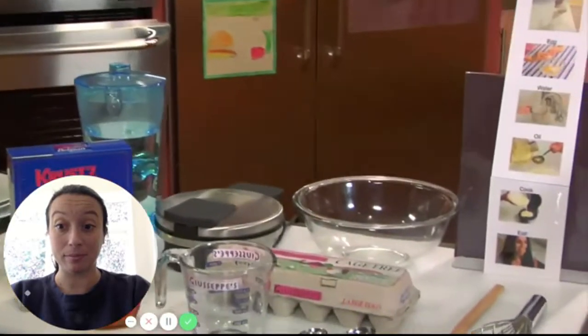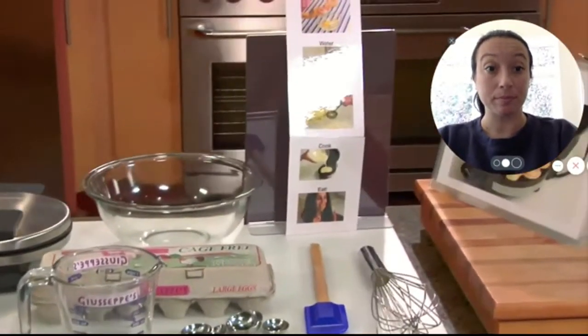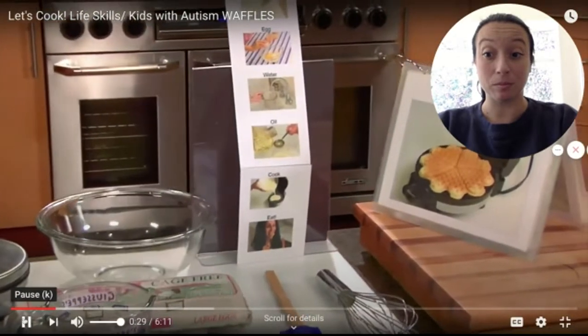Waffles are a fun recipe to make with your child that incorporates measuring, counting, shapes, and simple addition and subtraction. Before we begin, it's important to think about setting up an environment that is conducive to success. Make sure your working space is clean and that you have all the ingredients, utensils